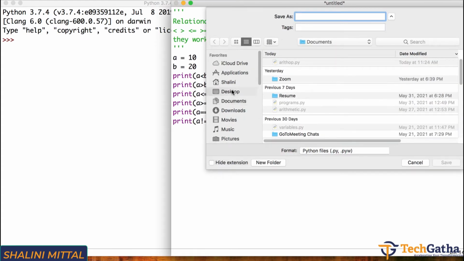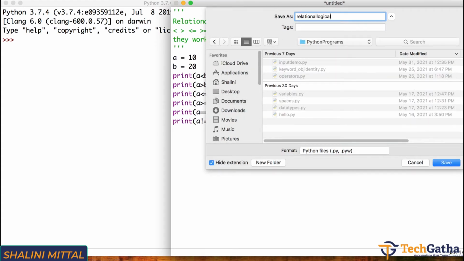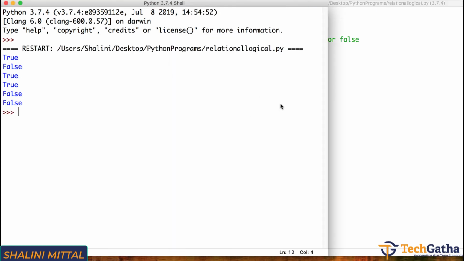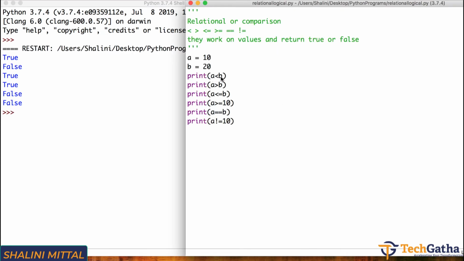Let me save this as relational logical.py, and when I run it you would see A is 10, less than 20, true. A greater than B, false. A less than equal to B, true, because A is less than B, not equal, but since it's less than B it returns true.